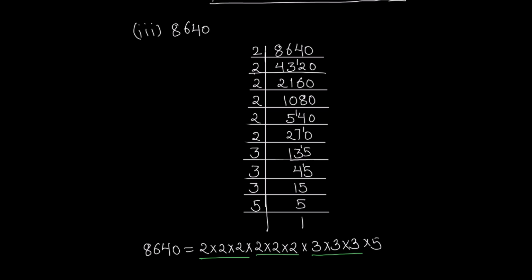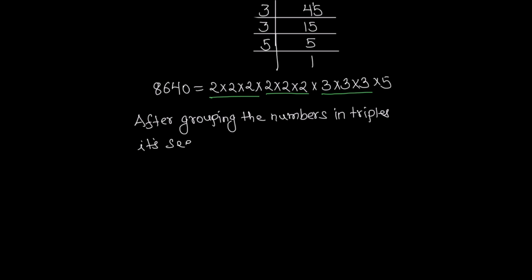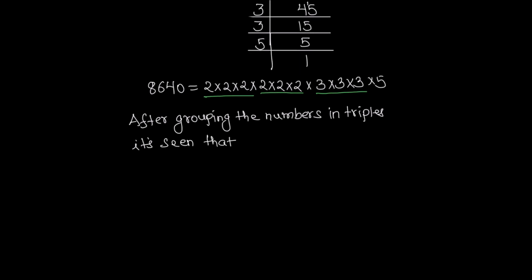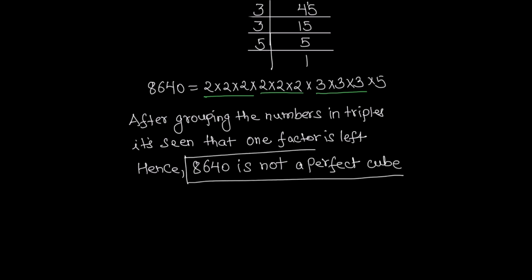So we'll write the reason for this. After grouping the numbers in triples, it's seen that one factor is left, hence 8640 is not a perfect cube. To box this part of the answer,